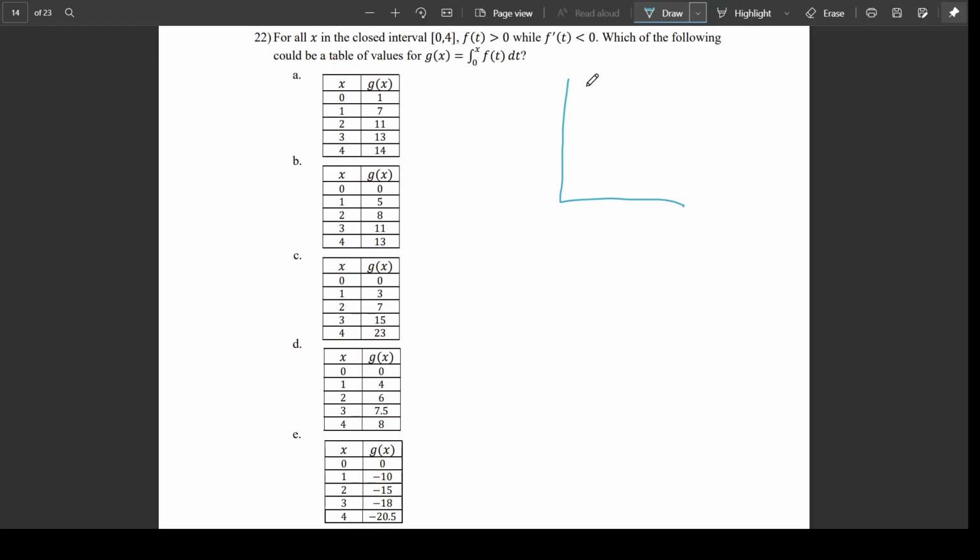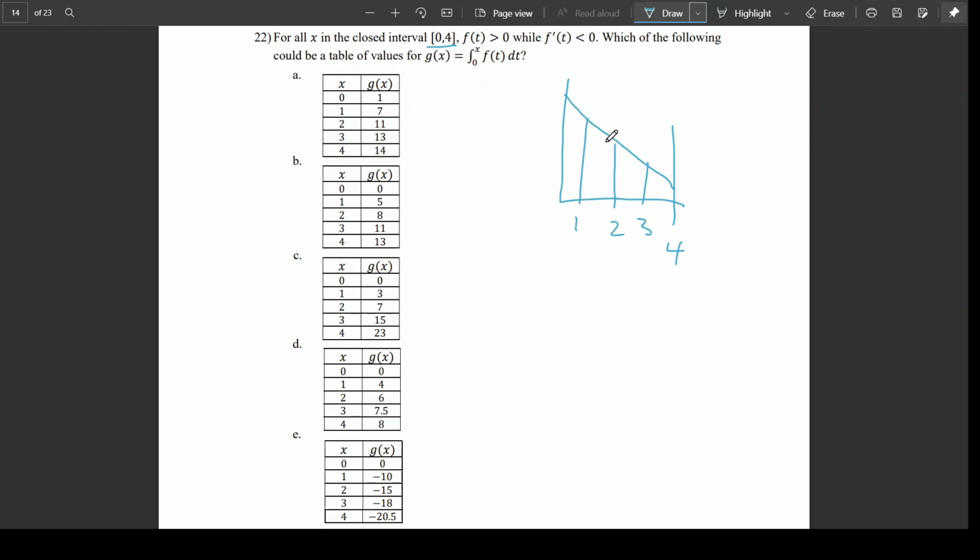And the second derivative is less than 0, which means it's decreasing. So I'm going to draw a function like this. This is the closed interval from 0 to 4. As you can see, my function is above the axis, so f of t is greater than 0, but it's sloping down, so the derivative is less than 0. And say this is 1, this is 2, this is 3,